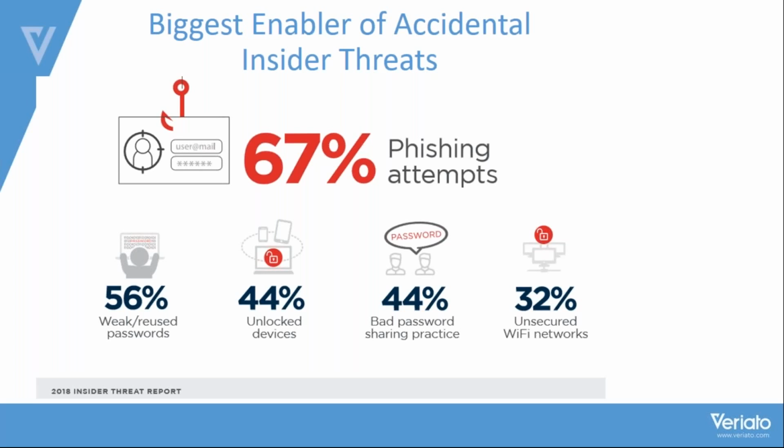And as I say here, the biggest enabler of accidental insider threats. This is just the accidents that I talked about, the 56%. Well, the most common culprit is accidental exposure by employees. So cybersecurity experts view phishing attempts that you see here, 67%, as the biggest vulnerability for accidental insider threats. Phishing attacks trick employees into sharing sensitive company information by posing as a legitimate business or a trusted contact. And they often contain some type of malware attachment or ransomware or hyperlink or something.